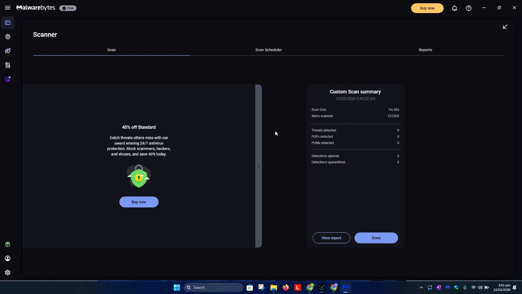So now that the scan is completed, if it has found any threat, it should say threat detected, show you the number, and it should show you also the detections quarantined. And this is enough to clear the device from any kind of viruses, including trojan, including malwares, and also including